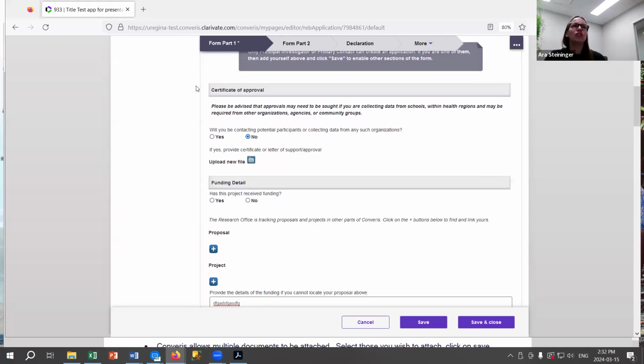So then the next question asks about certificate of approval. I'm not going to get too much into the content of each of the questions. As I said, that's something that Gogo covers more comprehensively in her presentation, or you can also refer to the guidance notes. For example, certificate of approval: if you need approval from, say, a health region or a school board or some other organization, that's what you're indicating here. So you might say yes, and then you have the option to upload a copy of the